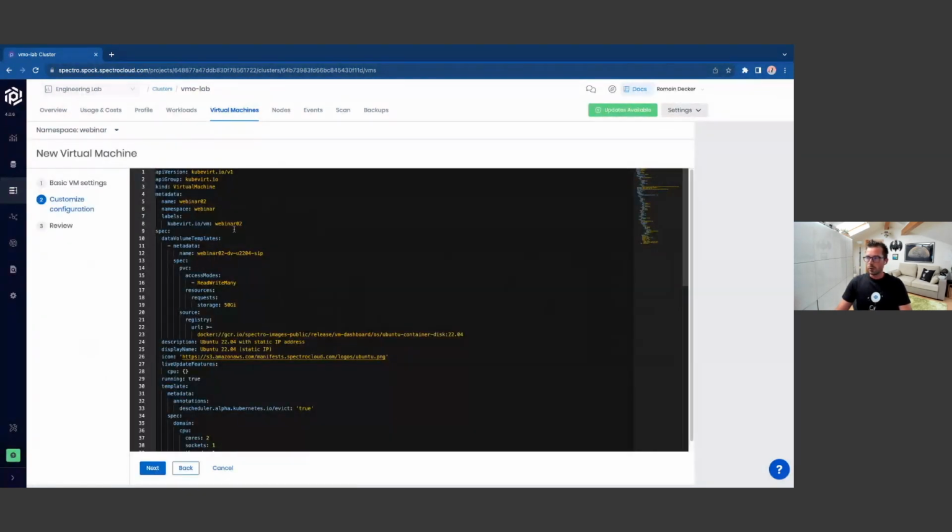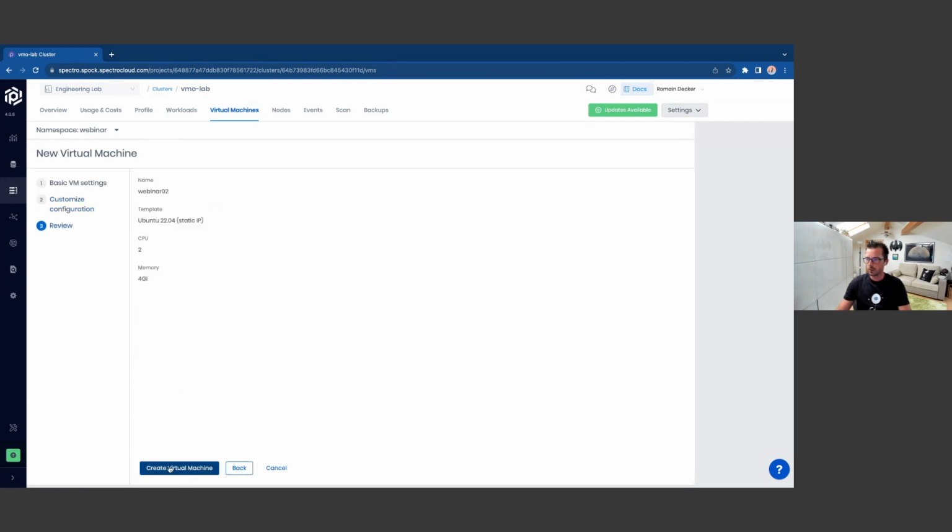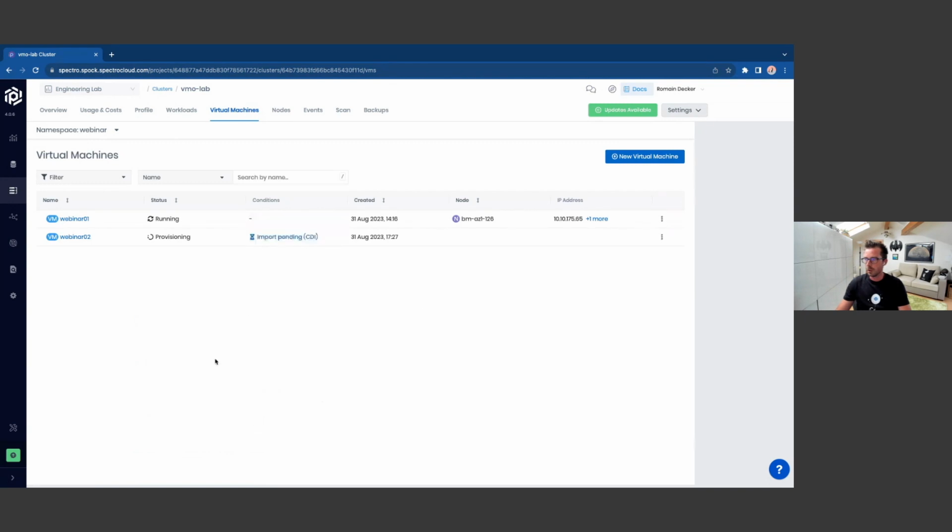I also want to define a static IP in the DHCP, so I think this IP is free, /18, and then I know that the gateway is this one. I can change the cloud-init, and then I can continue, and then I will create the VM.